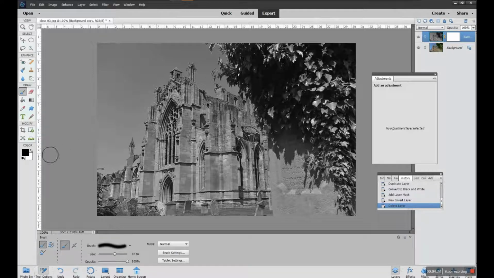and I make sure I've got my black ink on the foreground. Now I can, I made a mistake. The mistake is not highlighting the mask. If the mask isn't highlighted you are actually painting on the image itself. So if you look back at my layers panel on the right hand side,